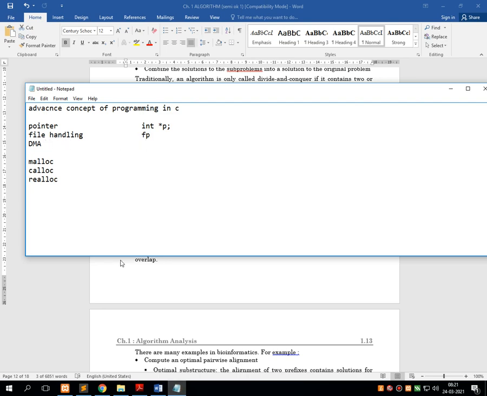Third one, which is called dynamic memory allocation, contains the three sub-functions malloc, calloc, and realloc, which are generally used to give dynamic memory allocation to the variables which are defined by the user during the execution of the program.